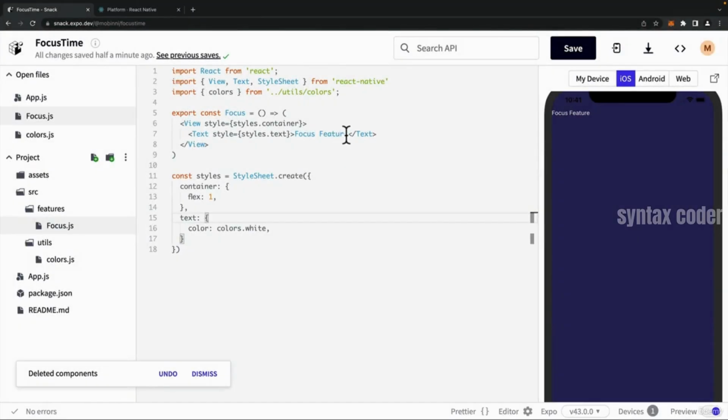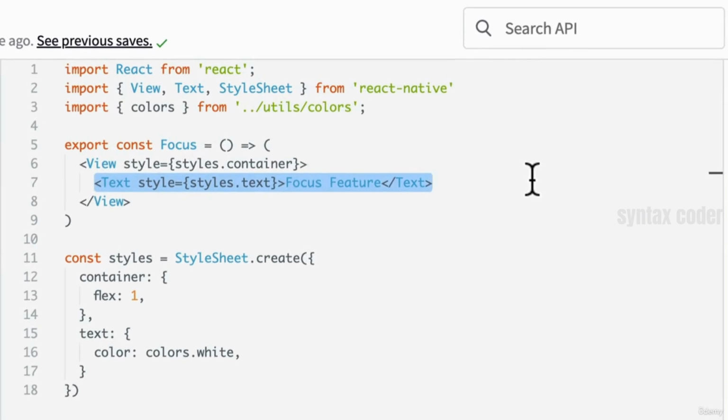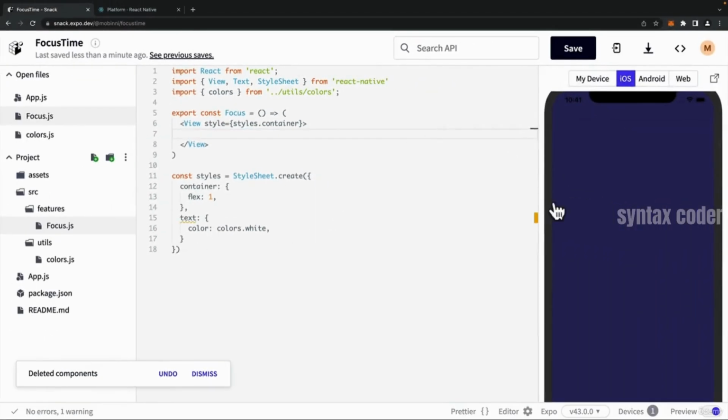In this video, we're going to focus on adding a text input to input what we want to focus on. Because having text focus feature really doesn't do much for us. So let's go ahead and remove that. And let's start focusing on what exactly we want. So if we want a text input